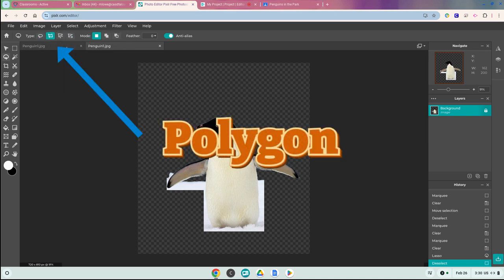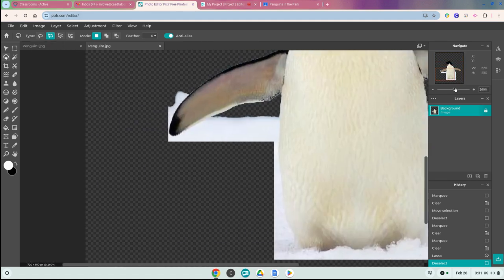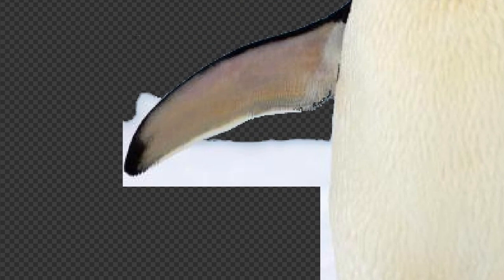The polygon tool reminds me very much of that one line tool that we used in Google Drawing that you use to make the beach and the palm trees. So we're going to zoom in nice and close. Again, you can use this box up here to move around to where you want. And then you're just going to start clicking along. Actually, I think this is a little easier to use than the one in Google Drawing because you can zoom in nice and close. So I'm going to come around to the end